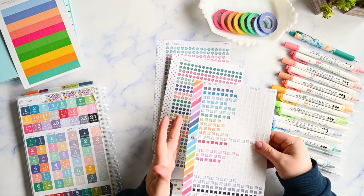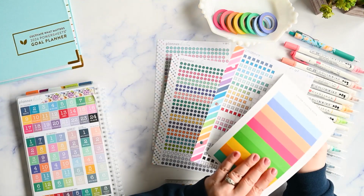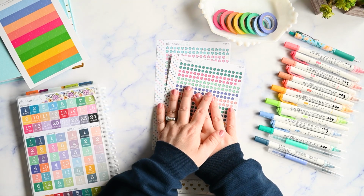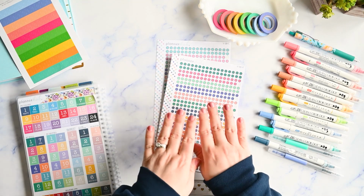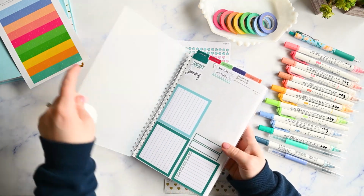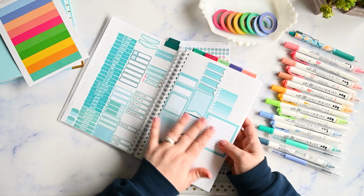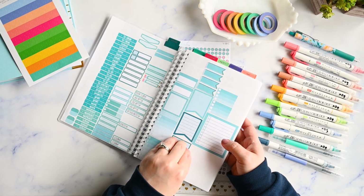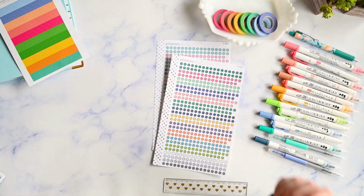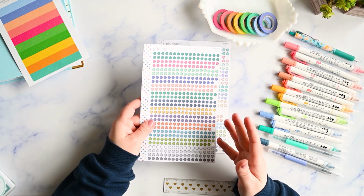So there are some other colors in the Planner Kate colorway that are slightly more lined up with the Cultivate What Matters colors. However, I already know I always get the Erin Condren colorways, so I wanted to make that work for me. But like I was saying, it's really great because you will have so many different options for stickers that you can put in your season by season planner or in your PowerSheets that will match that colorway. But right now we're just going to indicate those colors with these here,